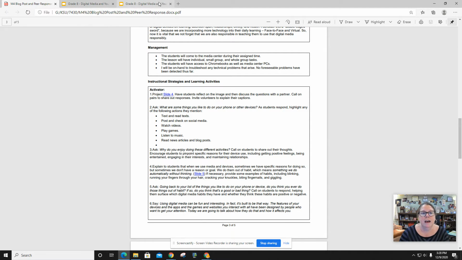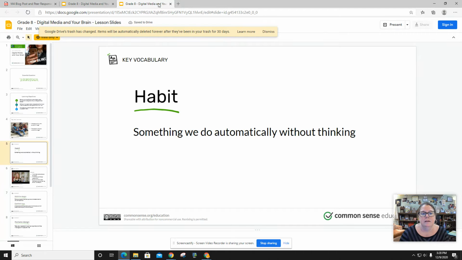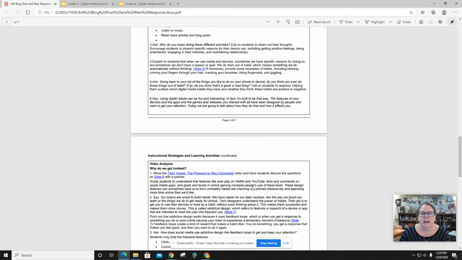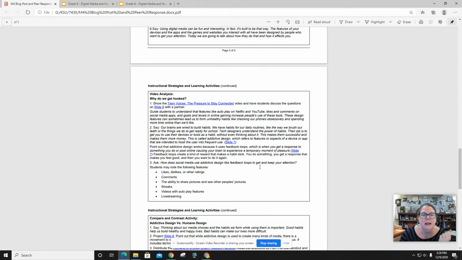It goes forward to slide 5, which is this one that we were just on, about what is a habit, what are good habits, what are bad habits. Those are some things that can really be discussed with the students. So through that activator, hopefully it'll get the kids thinking about it. It's best to link lessons to prior knowledge. Well, this one I think is right on the forefront for the kids. So the first activity is a video analysis,